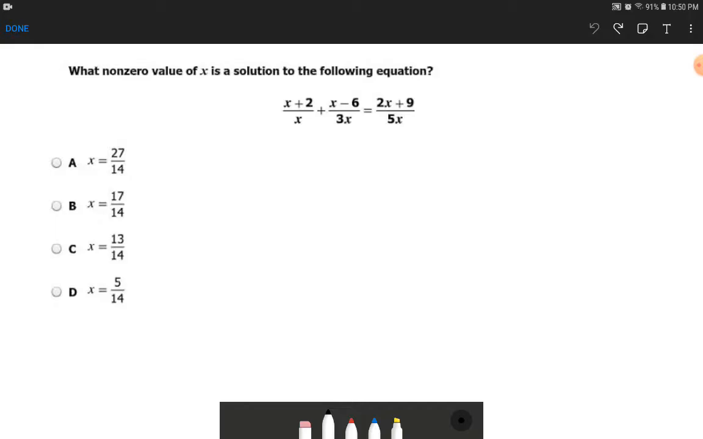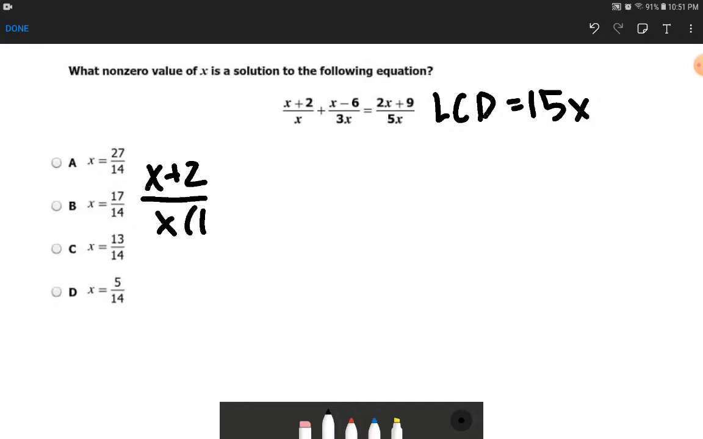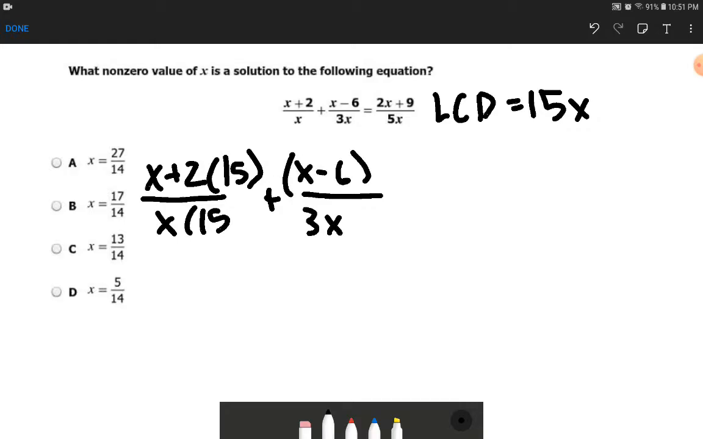Alright, so what we're going to do is we need all of the denominators to be similar, so we're going to find the least common denominator. In this case, it is 15x. So we're going to multiply every fraction by a number that will get the denominator 15x. First, for x plus 2 divided by x, we're going to multiply this by 15, plus x minus 6 over 3x, we're going to multiply this by 5,